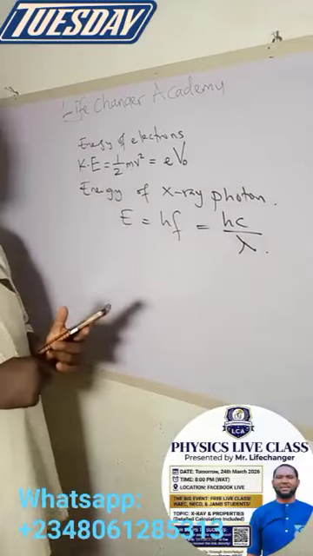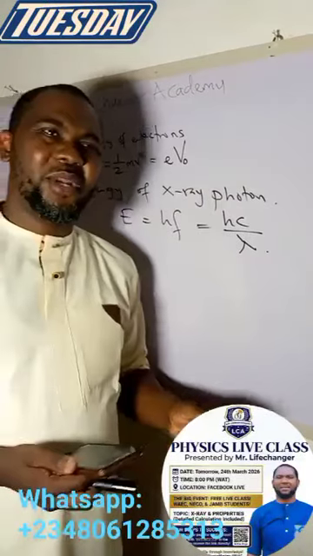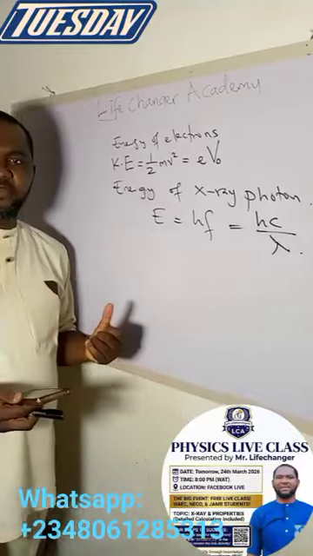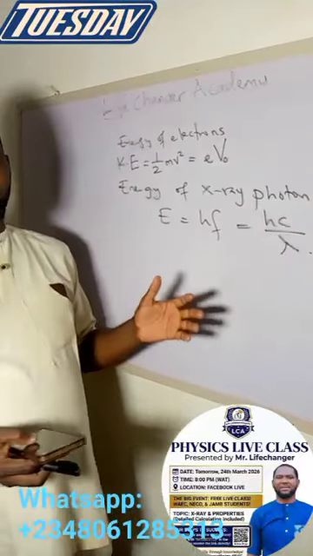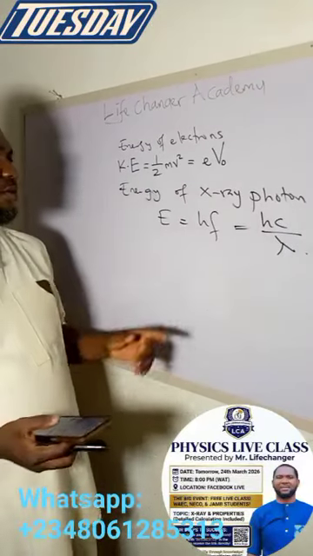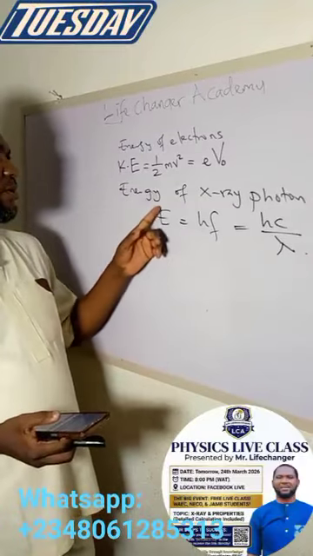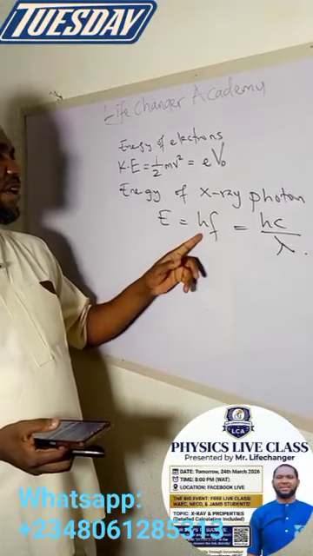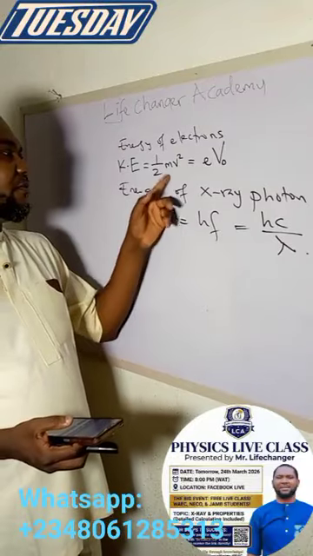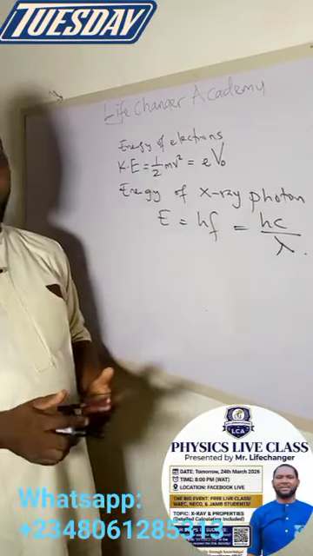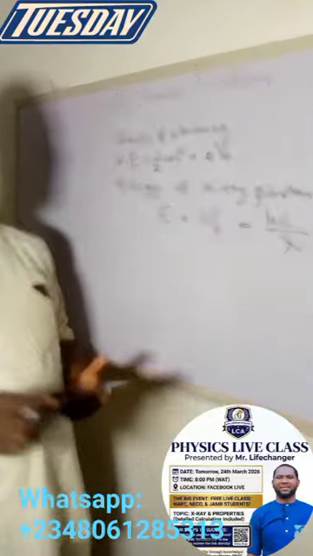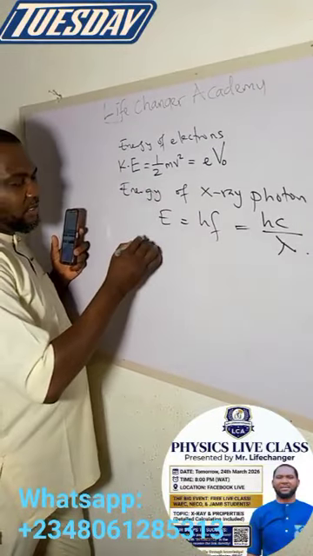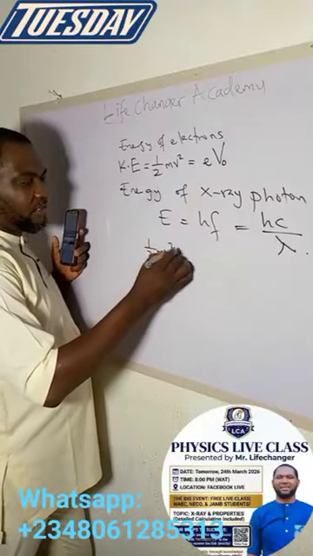These are close to the same formulas you know from the photoelectric effect, but the calculations here are quite different. Because there's an energy conversion from kinetic energy to X-ray energy, it is right to equate any of these equations. That means sometimes you can present it like this: half mv squared is equal to hf.